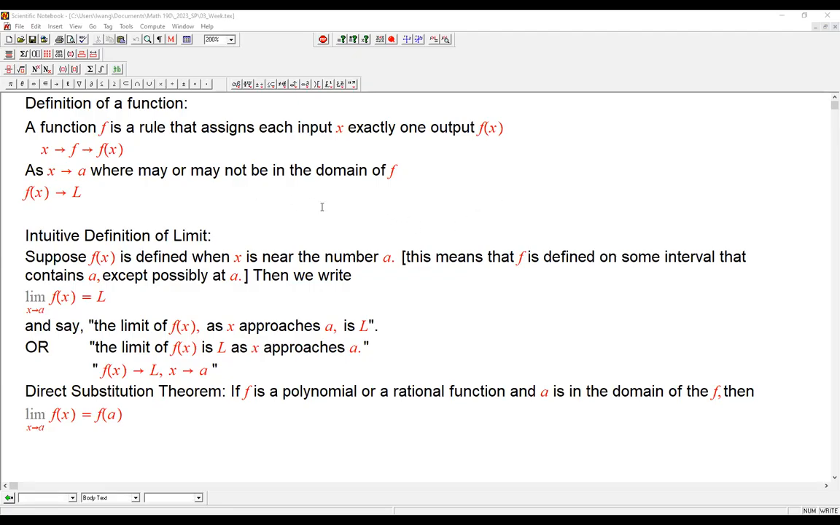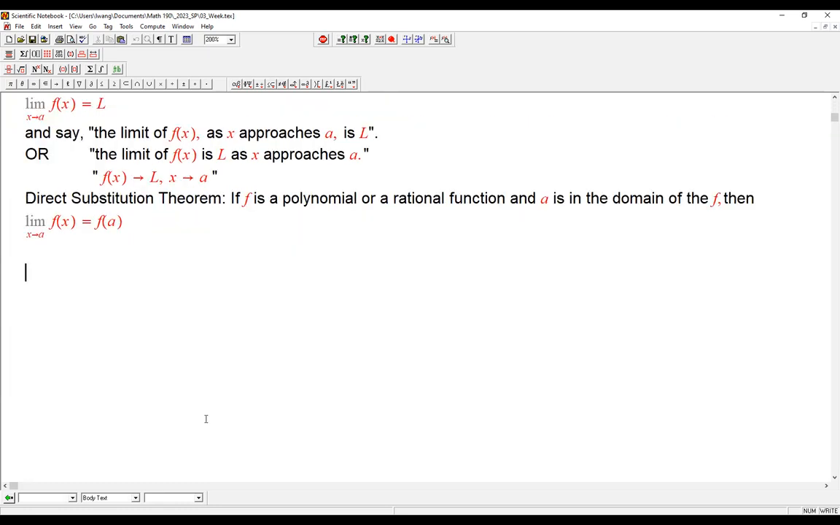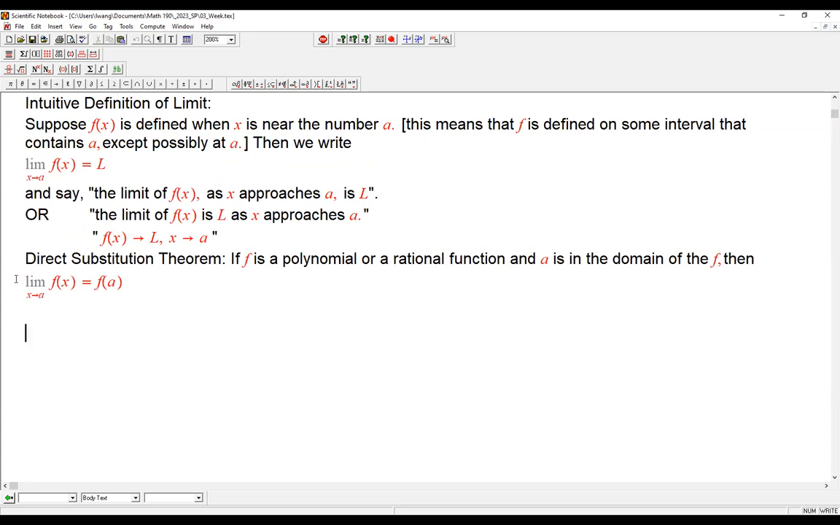Hello, in this recording, I'd like to help you recap what we did this past Tuesday, which we continued from the intuitive definition of limit, which we did last week, and we did the direct substitution theorem. That's what we did last week. And this past Tuesday, what we did is that we introduced another